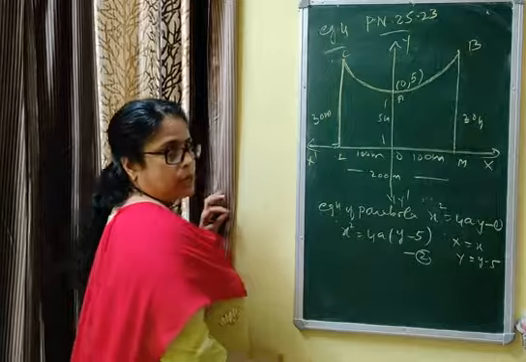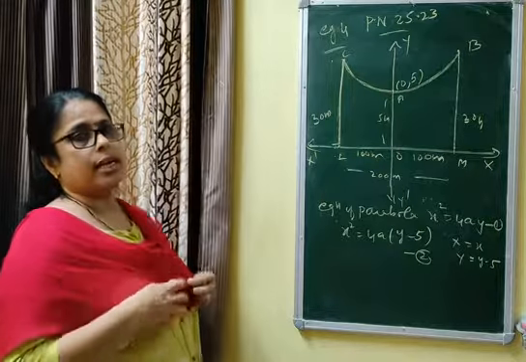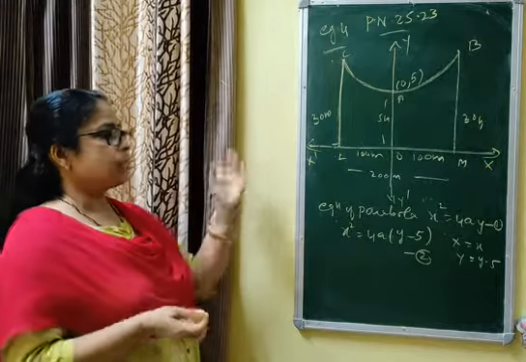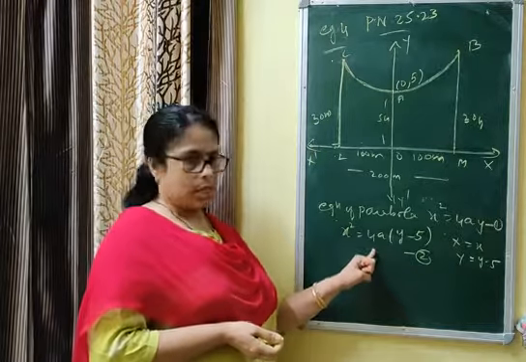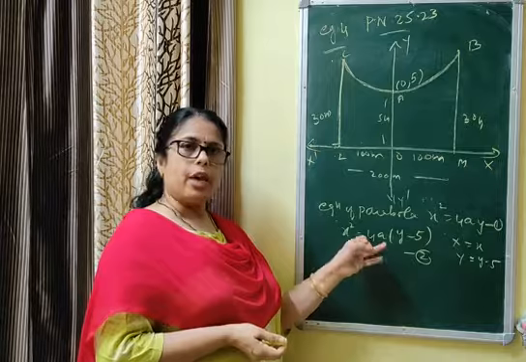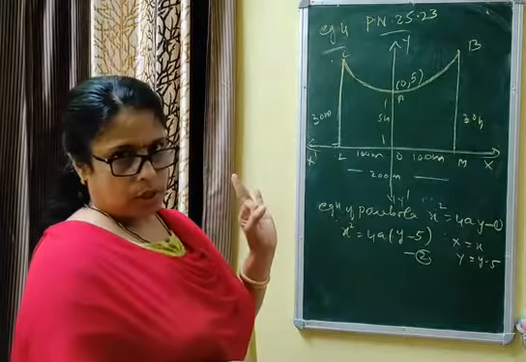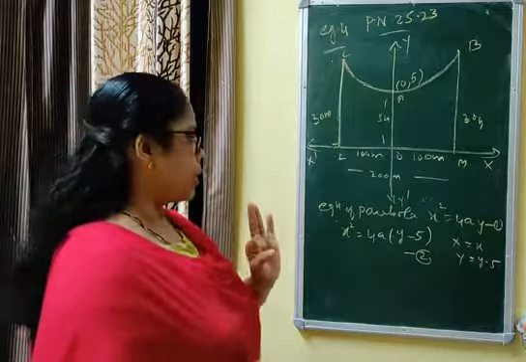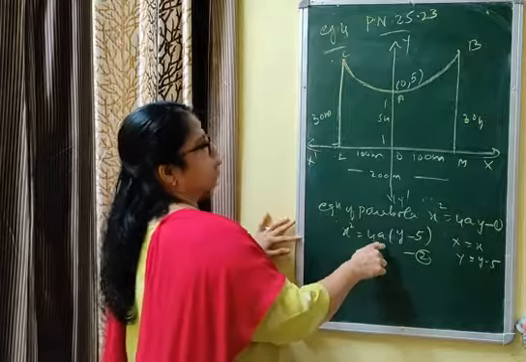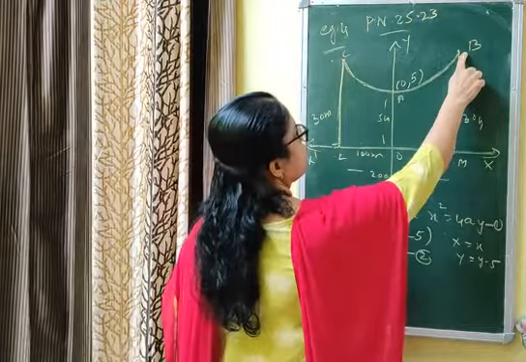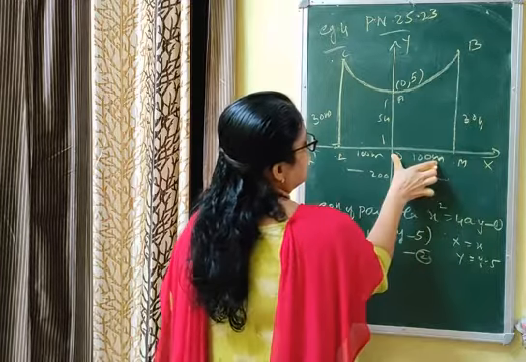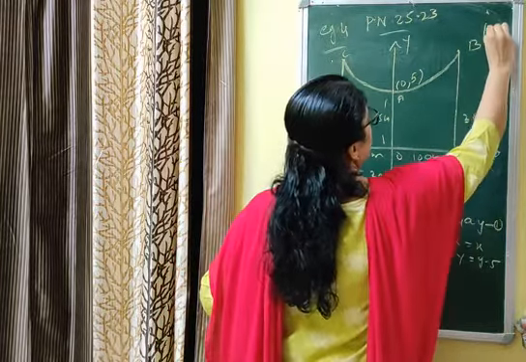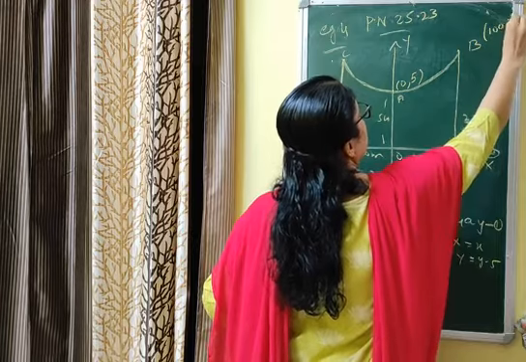First of all, you have to form its standard equation. The next steps: first, drawing the figure. Second, identifying the equation. Third, finding the value of a. Fourth, finding the required thing that you are asked to find. Now we can find a. For that we have to find the coordinates of B. See, the y coordinate of B is 30 and the x coordinate is 100. So the coordinate of B is (100, 30).